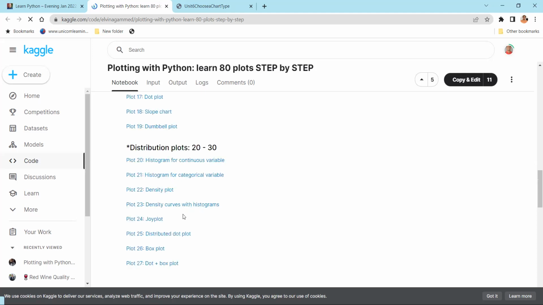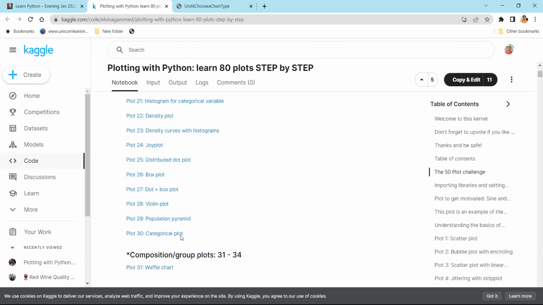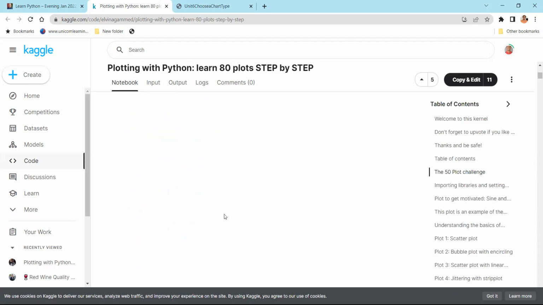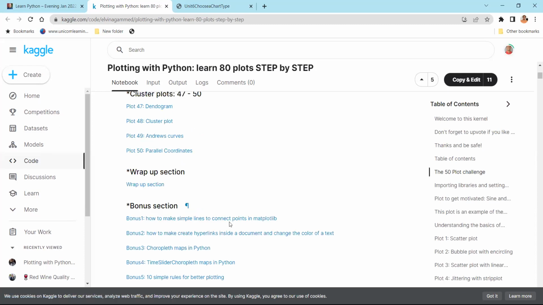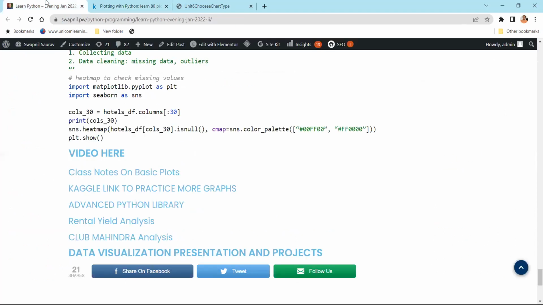Density curves, joy plot, box plot, categorical plot, right? So please go through these plots. If you have interest in doing this, you can go over it. This is again additional extra stuff, but when you do this book, it's enough. But if you want to at least know how these plots look, what is a joy plot? Instead of practicing the code, you can go and see how the data is represented, so you know